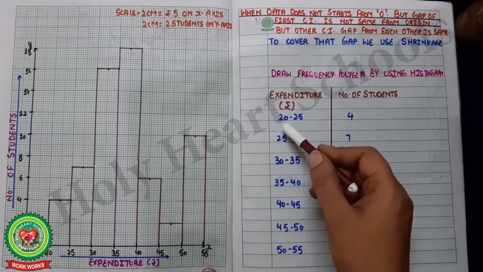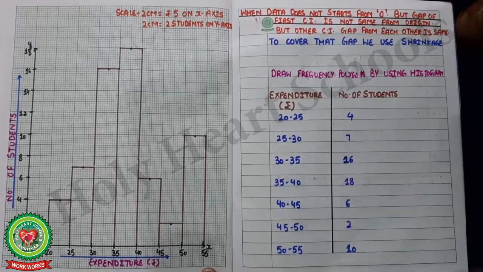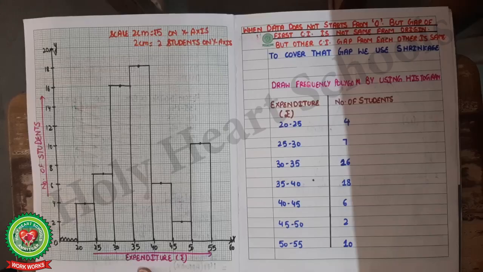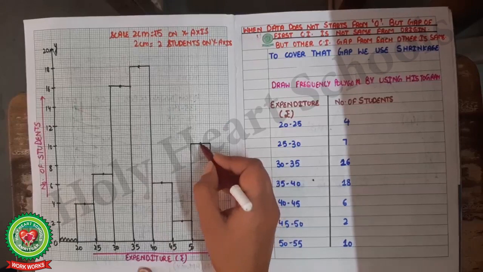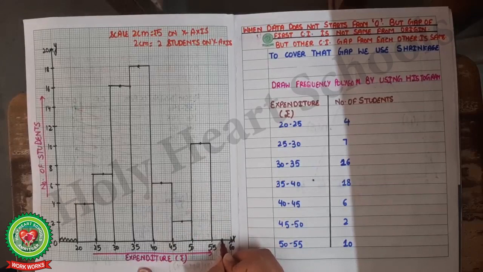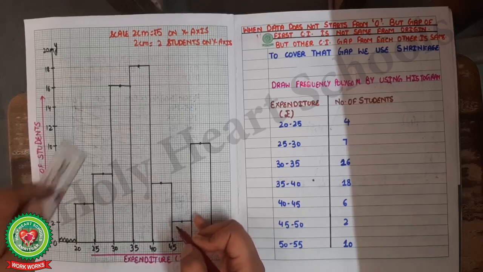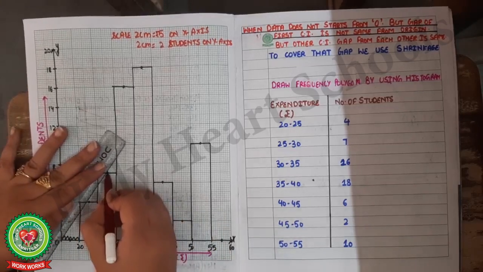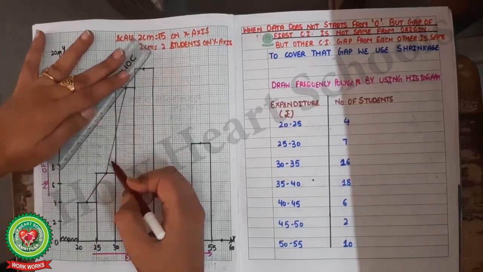See that thing, this gap must be same, means data should be in continuous form. We can't do graph with discontinuous data. As we have done in previous 2 cases, we have put dots on the midpoints of all the bars. So here also we'll put dots on the midpoint of all the bars and here also we'll take 1 point above and here 1 point previous and we will join its midpoints by straight line with help of scale. We will join all the midpoints like this.